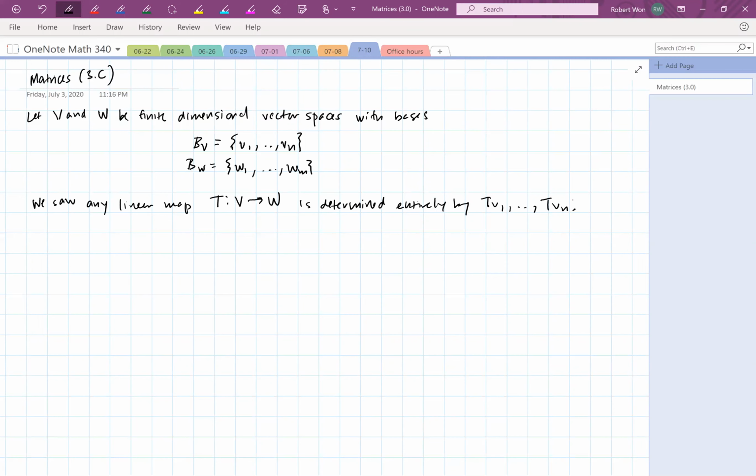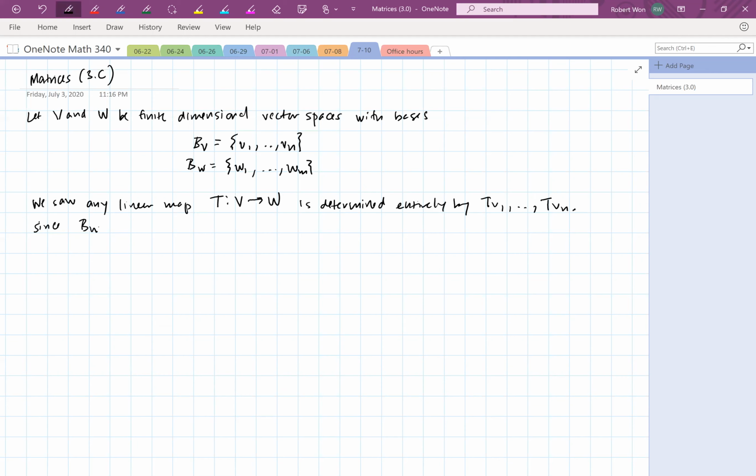Right, because we said you can send the basis vectors anywhere, and there's a unique linear map that sends the basis vectors to the place that you chose. So in order to determine what a linear map does, you just need to know what it does to a basis. Then what it does on the rest of the space is forced. Okay, further,